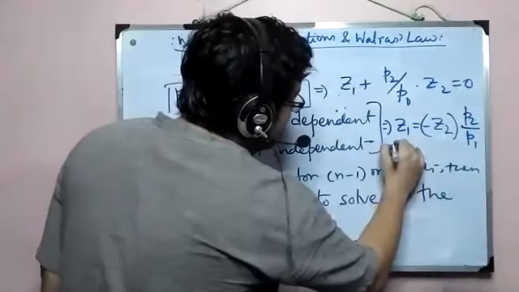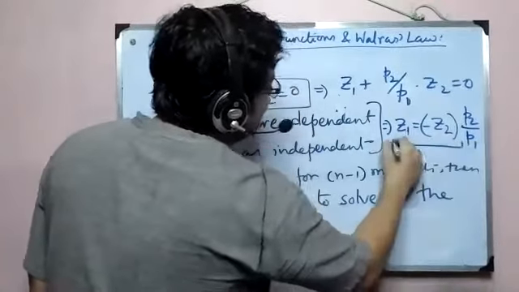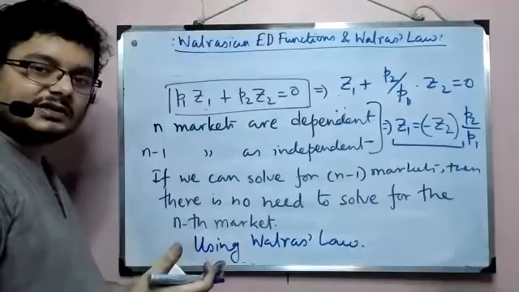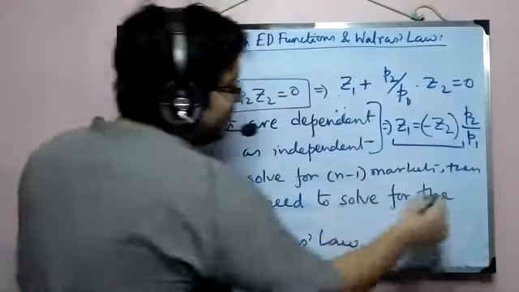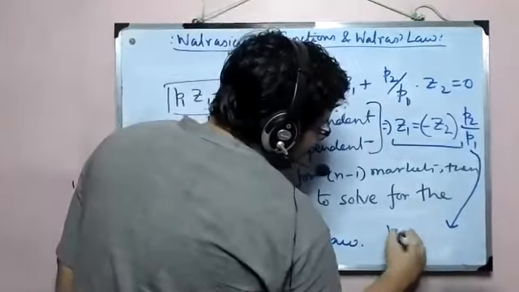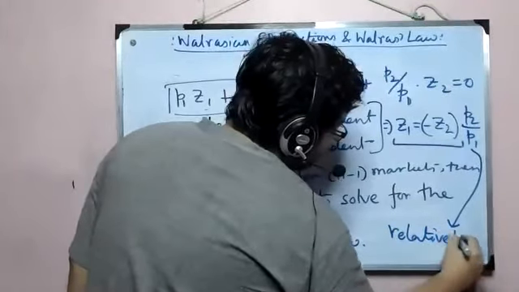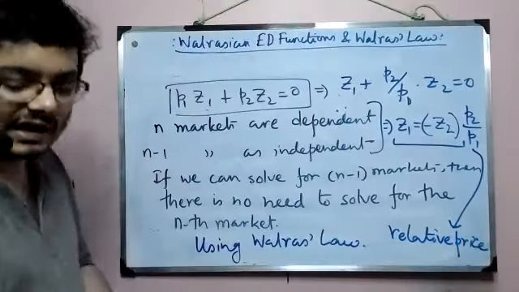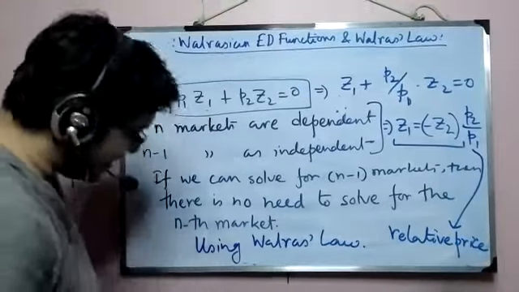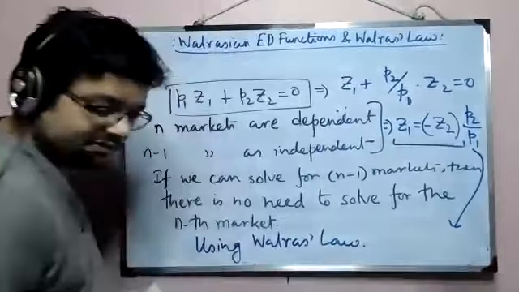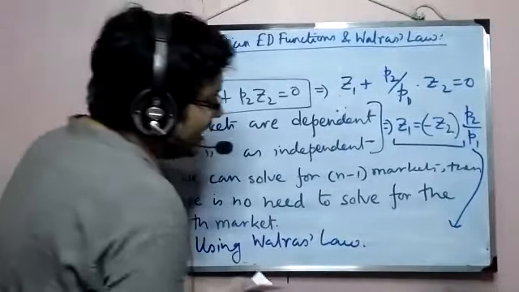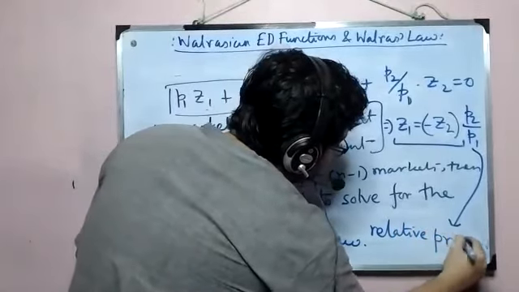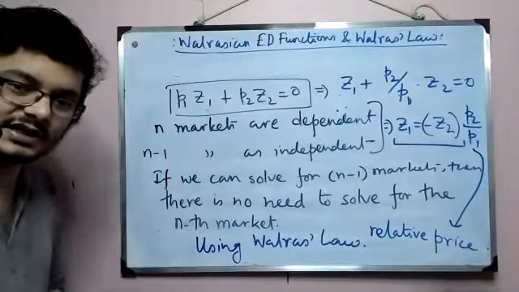So we have excess demand or excess supply, whatever it may be, as the relation between Z1 and minus Z2, and they are connected by P2 by P1. So that's our old relative price. And this is the reason, as I said, that we'll come back to the relative price argument again. So this is the reason why knowing the relative price is sufficient,